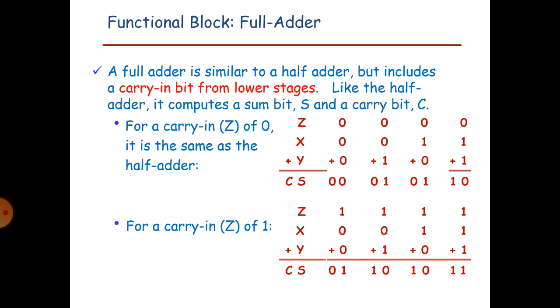So here: 0 0 0, 0 0 1, 0 1 0, 0 1 1, and so on. It has 8 combinations, from 0 to 7. The number of inputs is 3, so 2 power n, 2 power 3, equals 8 outputs, from 0 0 0 up to 1 1 1. You have to add and get the sum and carry.